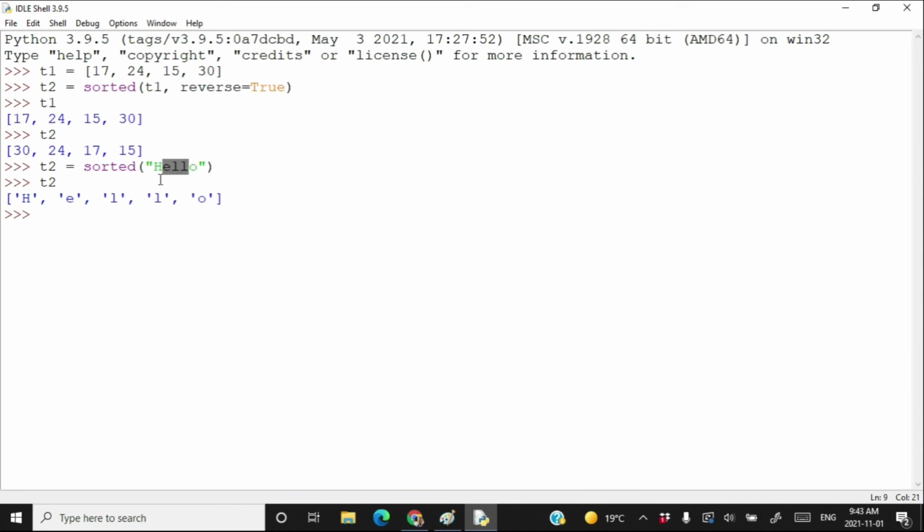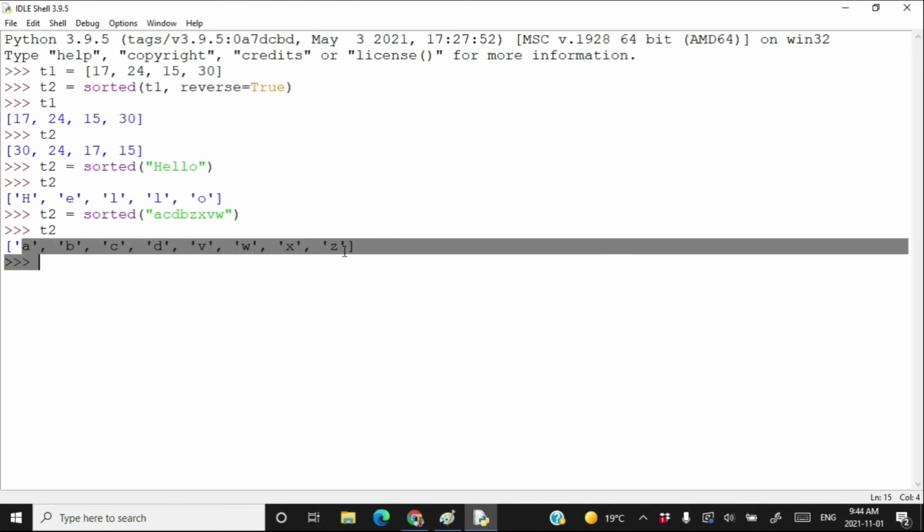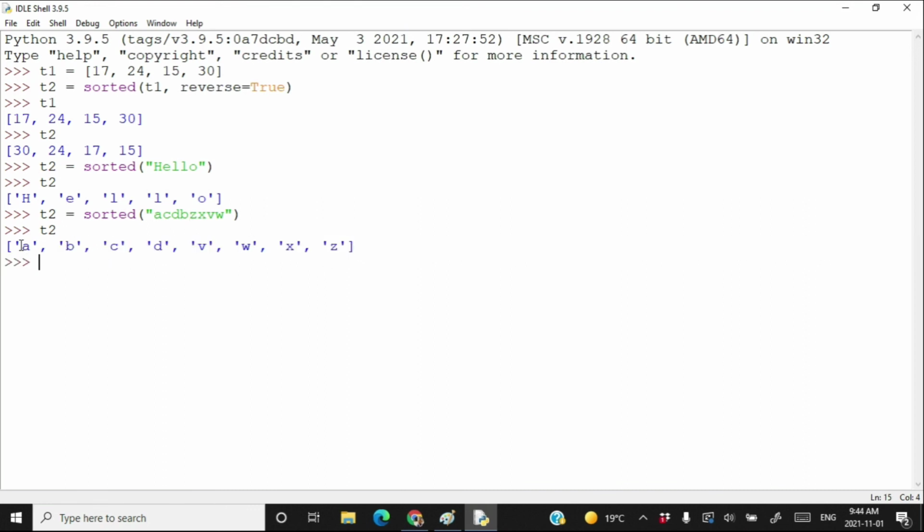Actually, HELLO itself is in sorted order. That's why you cannot see any difference. Let me type something else. T2 is equal to sorted A, C, D, B, Z, X, V, V, W, something like that. Press enter, type T2, and here you got the string in the sorted order, but all the elements now present